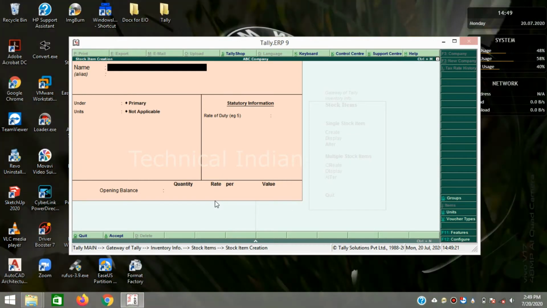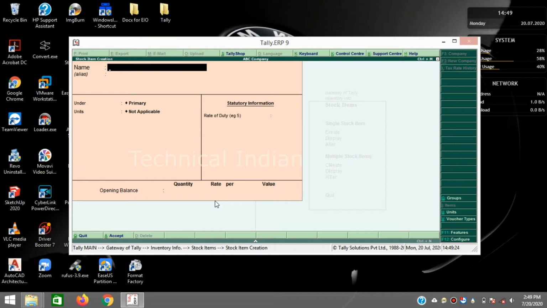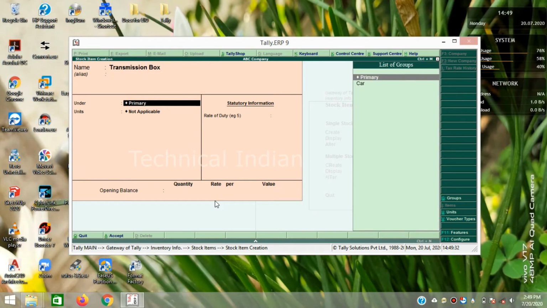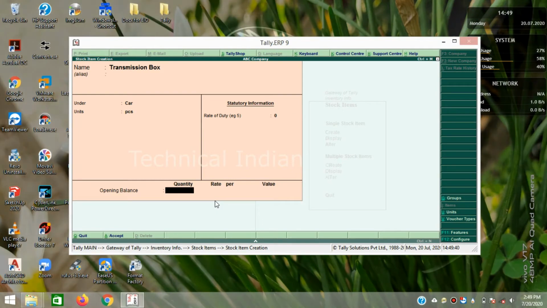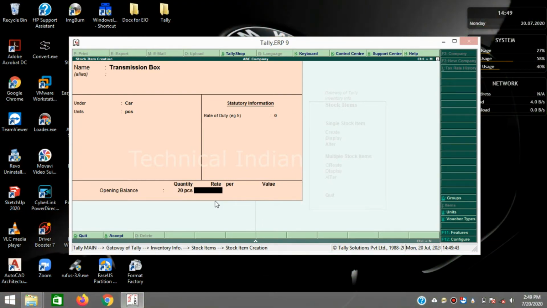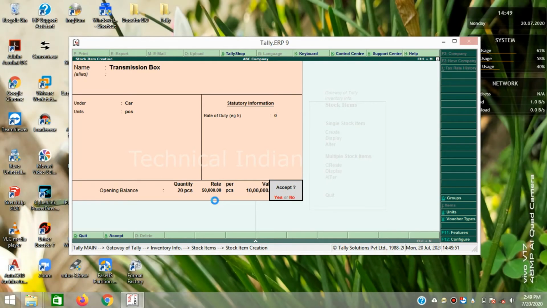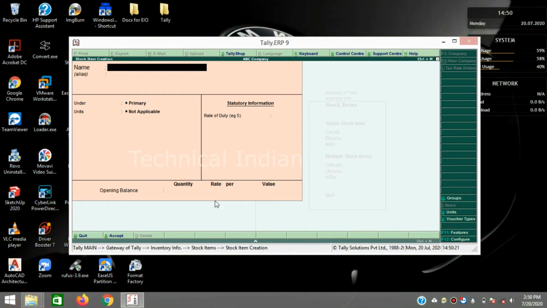The data has been saved. Now let's take another example, like a transmission box. Under car, units in pieces, leave the opening balance as 0, the quantity is 20, and the rate is 50,000 per piece. So the value has been automatically calculated. Then press enter, accept, yes, the data has been successfully saved. So in this way you can create stock items. Now press enter, escape,